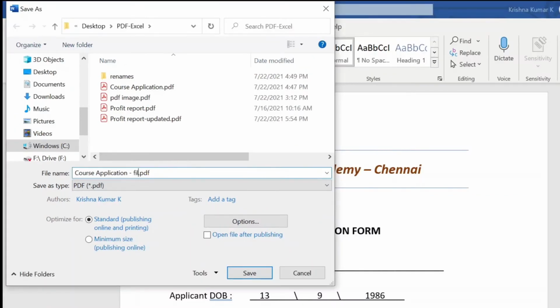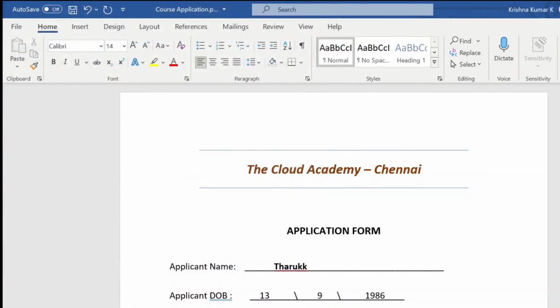I will mention filled. So usually when we need to fill an application form like this, we have to take a printout, fill the details manually, and then rescan it as a PDF and send back the application.